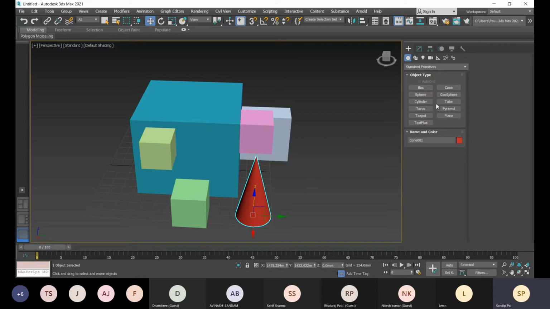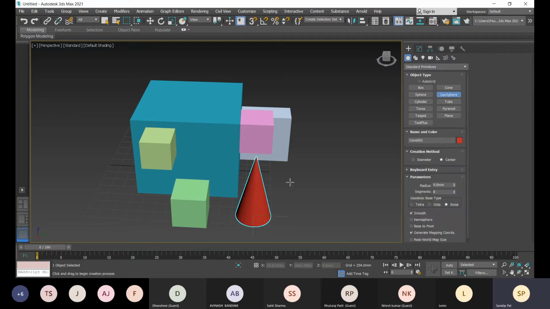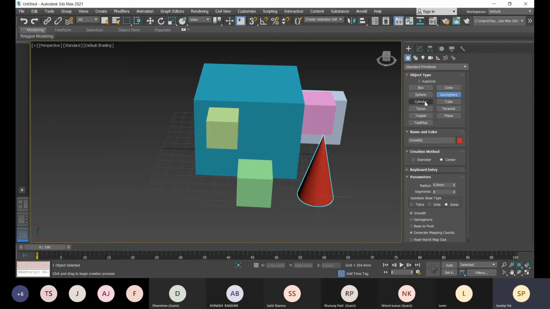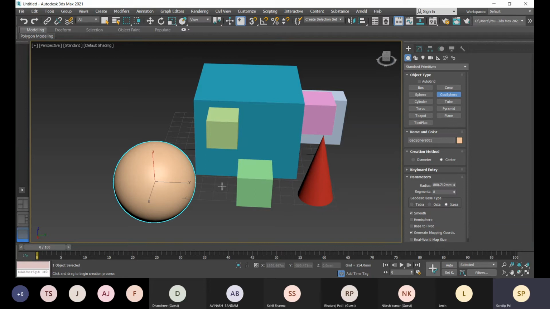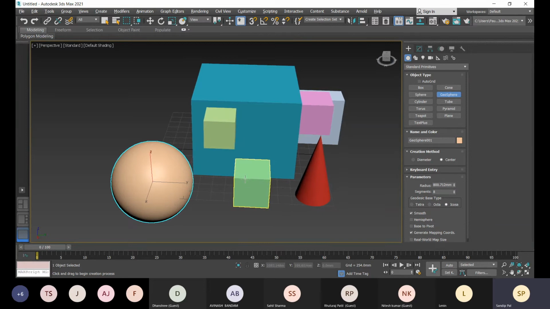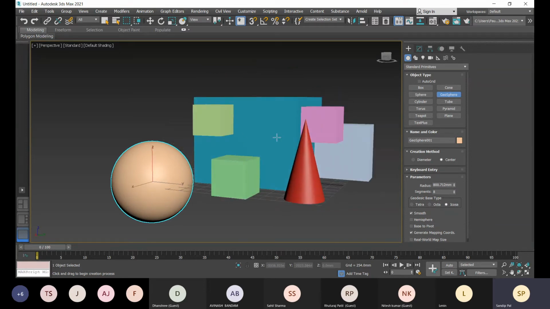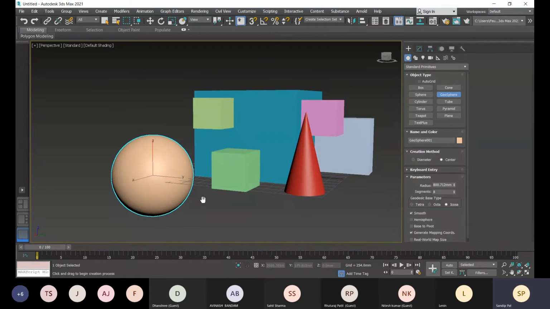So let's create a geosphere. I hope you have created a sphere in AutoCAD, and let me create a geosphere. What is the benefit of creating a geosphere? Here you can change the geodesic base type.